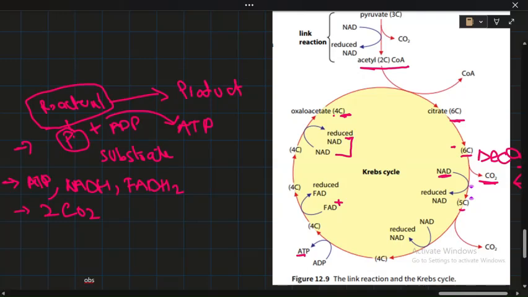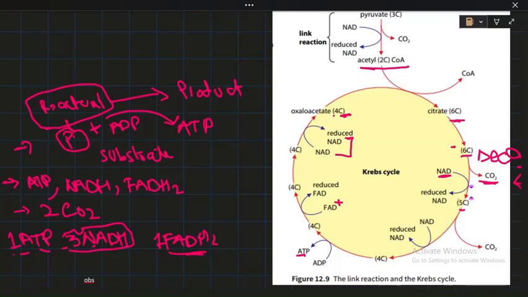ATP, how many ATP did we get here? We got 1 ATP, and how many NADHs do we have coming from this cycle? We have 3 NADHs coming from this cycle and 1 FADH2. So remember this, we're going to use this NADH and FADH2 in oxidative phosphorylation or electron transport chain to produce ATP, right? So this ends